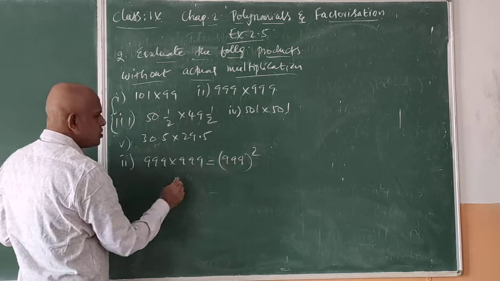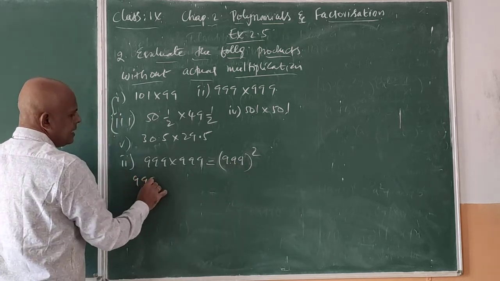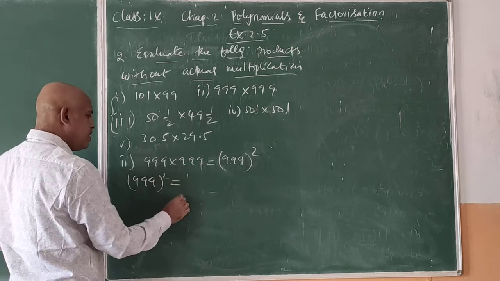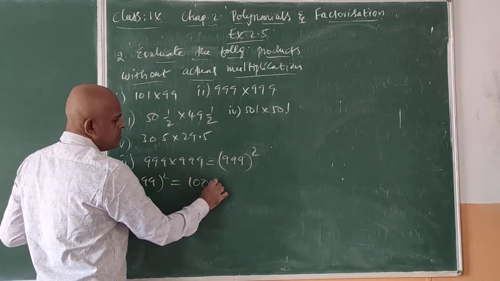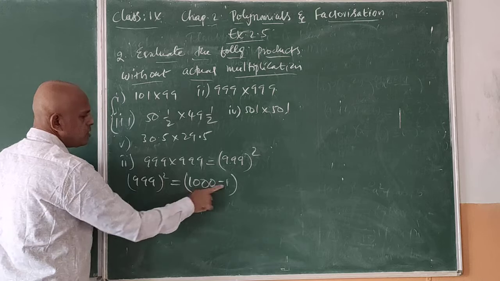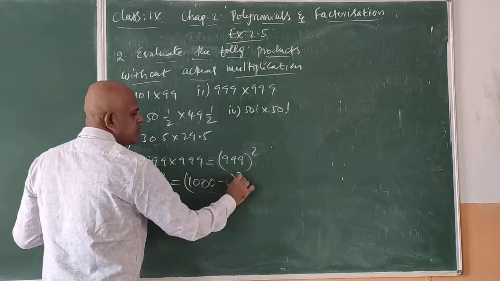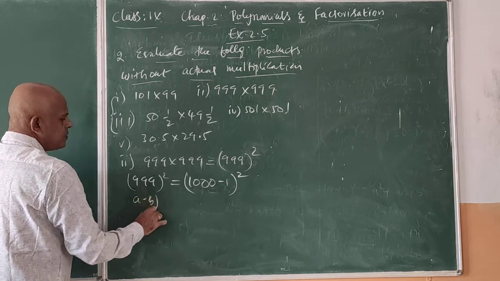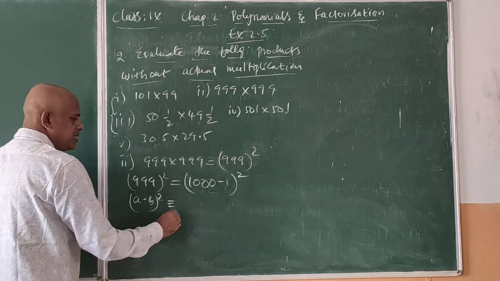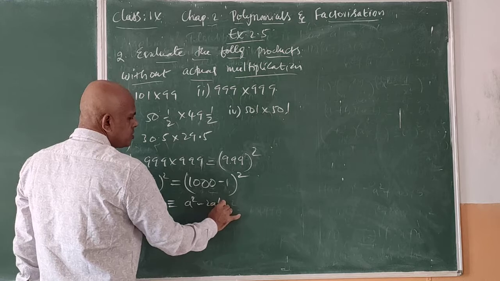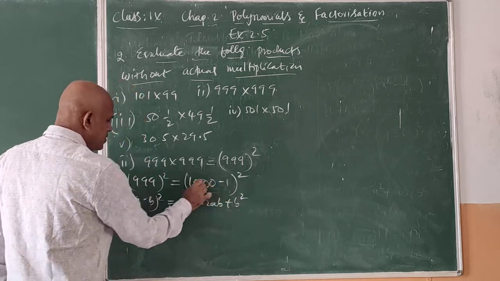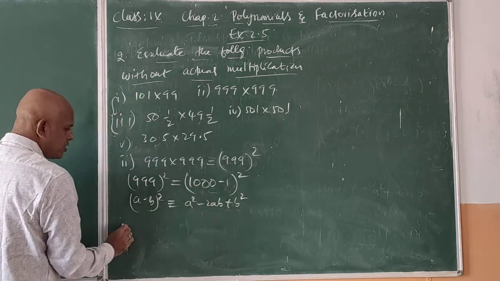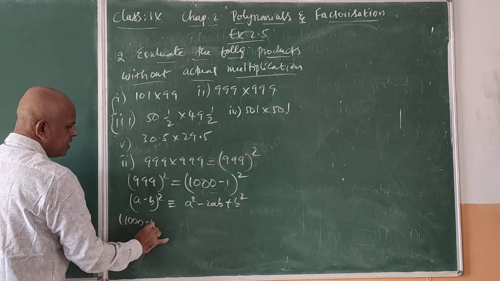Now this is near to 1000, less by 1. So 999 whole square is equal to 1000 minus 1, whole square. So it is in the form of a minus b whole square. A minus b whole square is equal to a square minus 2ab plus b square. So in place of a minus b whole square, I write it as 1000 minus 1 whole square,